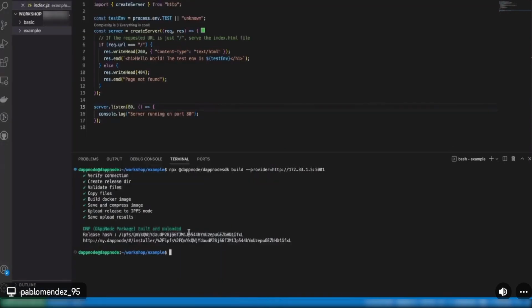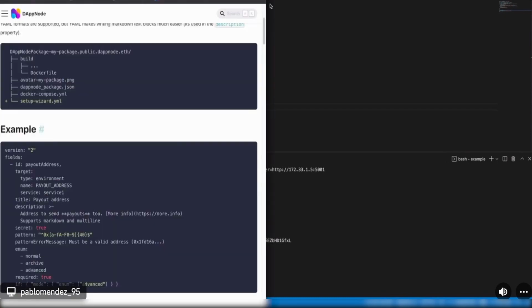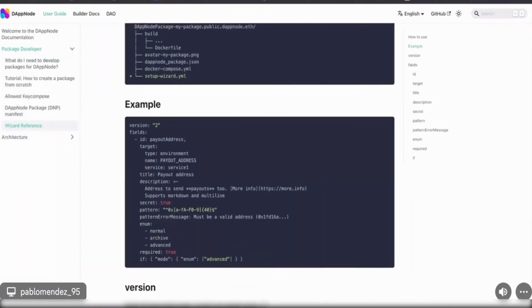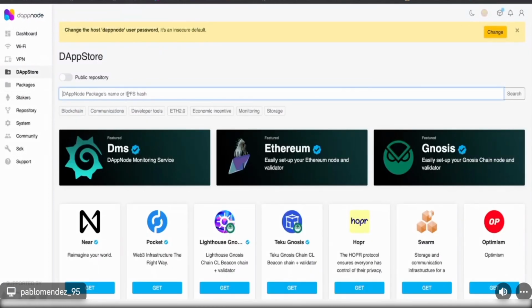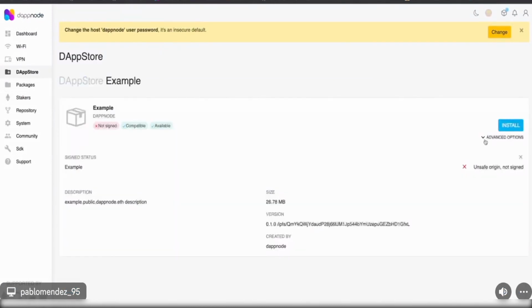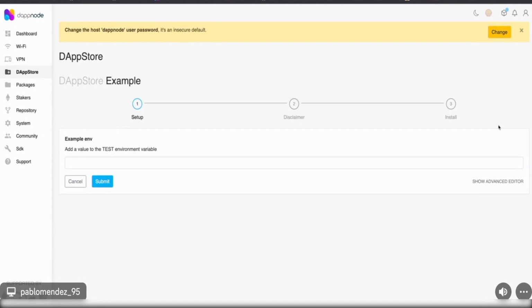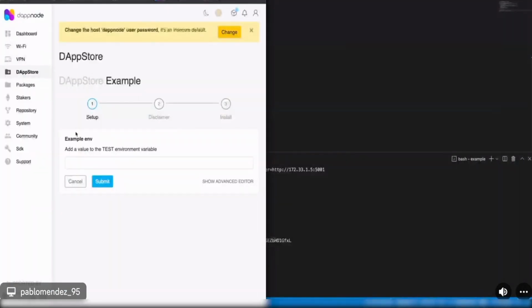So finally, I have the hash. I'm going to install this package that I have created in my DAppNode. And voila. This is the setup wizard I was talking about.